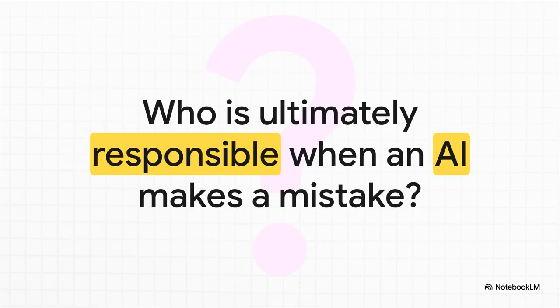And that leaves us with one last big question to chew on. Even if you have the perfect blueprint, things can still go wrong. So when an AI makes a mistake, who is ultimately responsible? Is it the developer who wrote the code, the company that used it, the person who followed its suggestion? This blueprint gives us the tools for accountability for sure. But that ultimate question, who's responsible when the AI gets it wrong? That's maybe one of the biggest challenges we face in this new era. And it's one we're all going to have to figure out together.